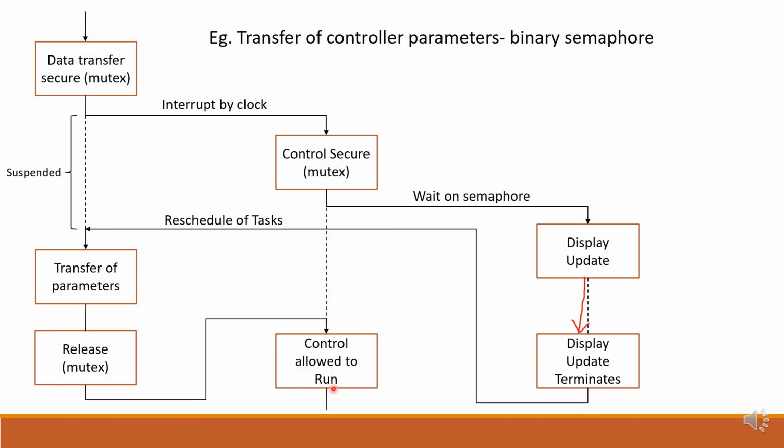So from this example we can see that the semaphore not only gives information about the availability of the resource, it is also a technique which ensures that tasks must run in a strict sequence. As we understood, though task A appeared first, task B runs first because it is of highest priority. So first the display task runs, then task A and then task B. So this ensures that tasks must run in a strict sequence in the case of a semaphore.